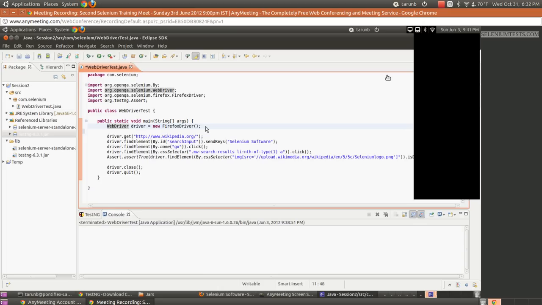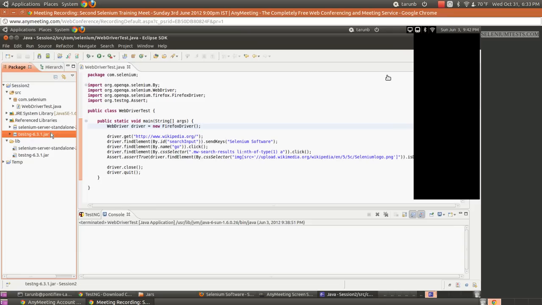Exactly. So is it clear to everyone that what is an interface? How am I able to do this? Yeah. So see, I could have as well written it as Firefox driver. This will work perfectly. But in this case, it can drive only the Firefox driver, not other drivers. You cannot use it to drive the Chrome driver. We'll come to this later. Okay. Let me just make it WebDriver again.